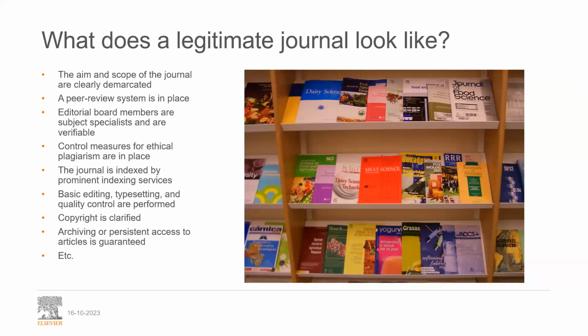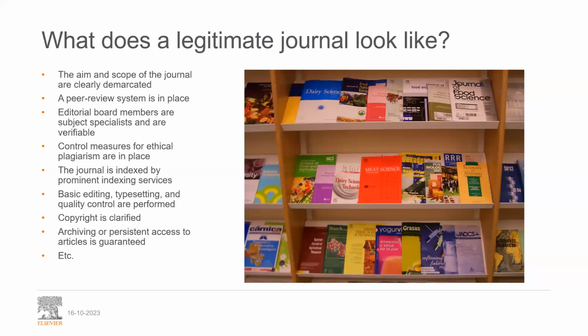The journal will be indexed by prominent indexing services like Scopus and Web of Science. There are others as well, the Directory of Open Access Journals, etc. Basic editing and typesetting, and quality control are performed by the journal. The copyright will be very clear. Archiving and persistent access to the articles will be one of the services that are provided, etc. So this is just a short list of some of the activities that publishers are responsible for, and which you should